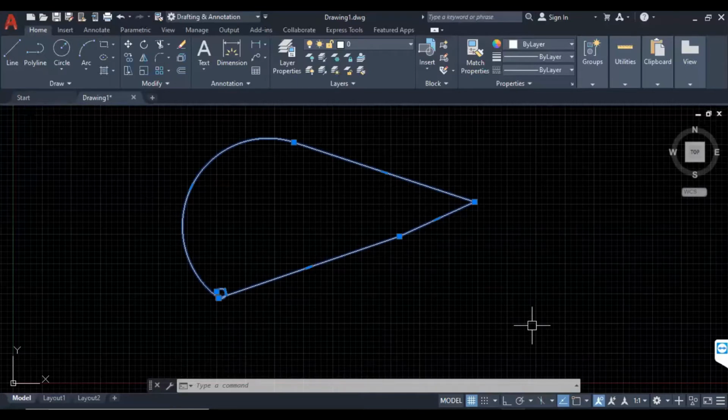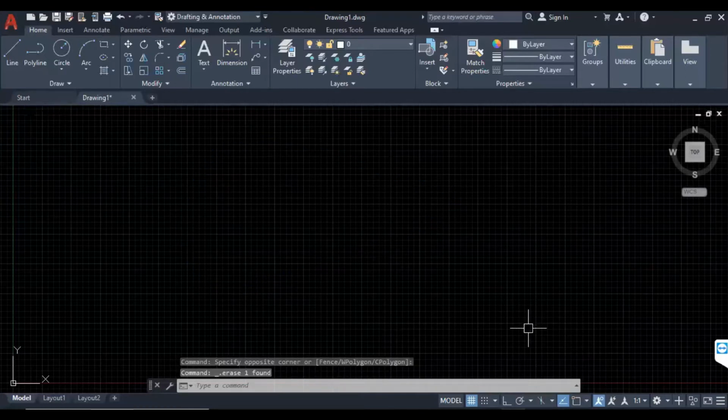There is the rectangular method: select the opposite corners or diagonals of the box. That's called the selection method.